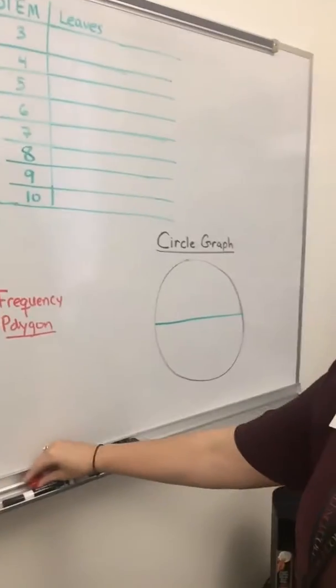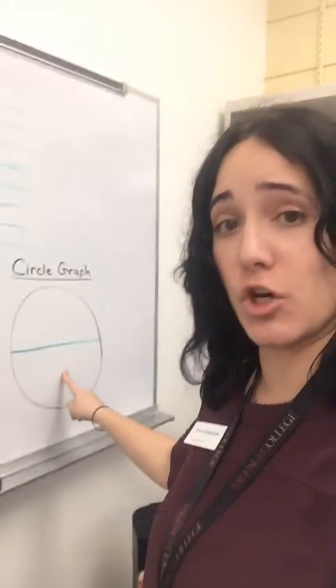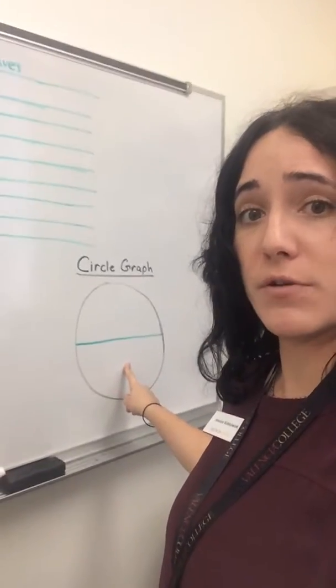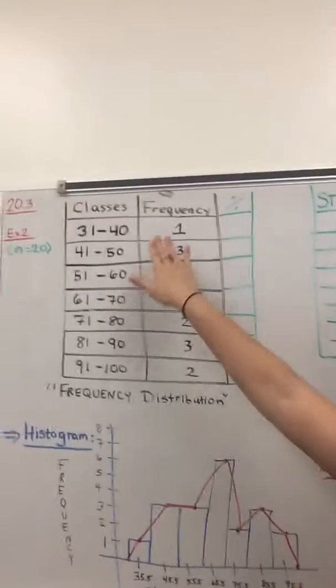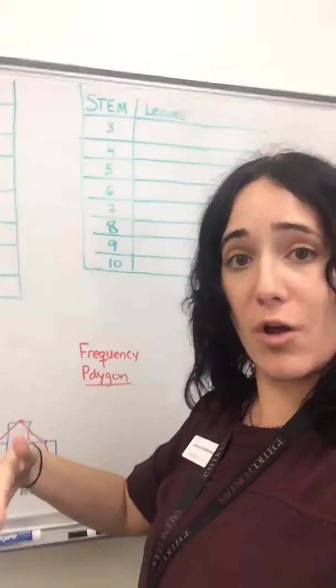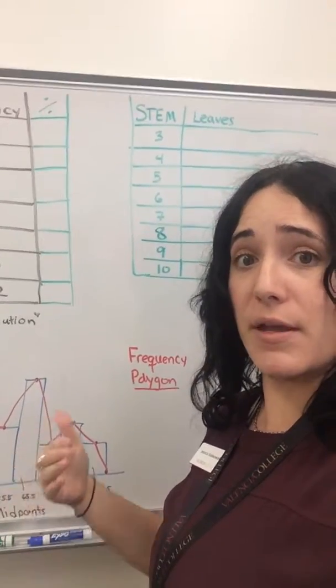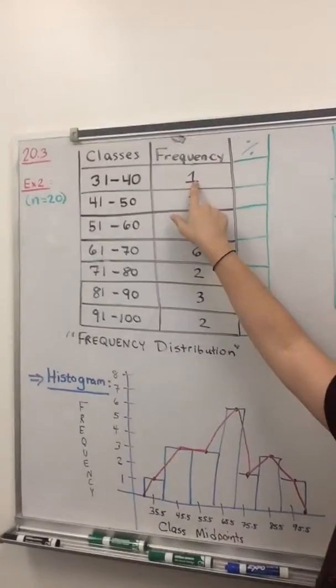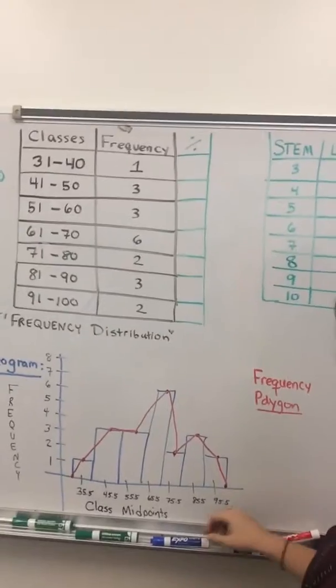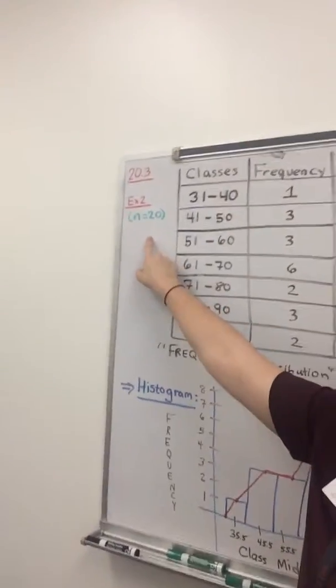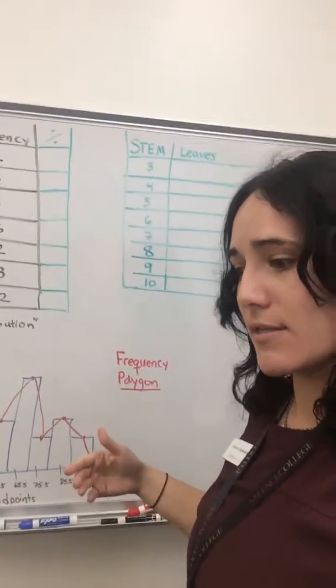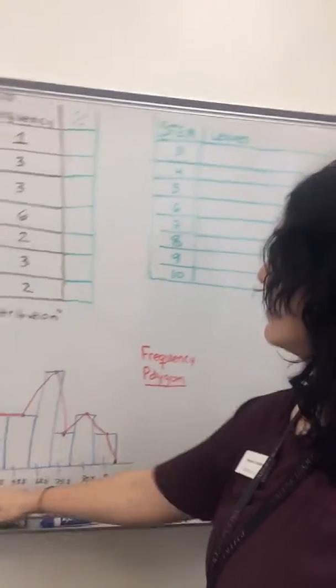Next, we would like to talk about a circle graph, or a pie chart. In order to do that, though, we first begin by changing our frequency distribution into what we would call a relative frequency distribution, by getting the percents of every class. So here our frequency for the first class was 1, but there were 20 items to begin with. So 1 out of 20 gives us our percentage of 5%.